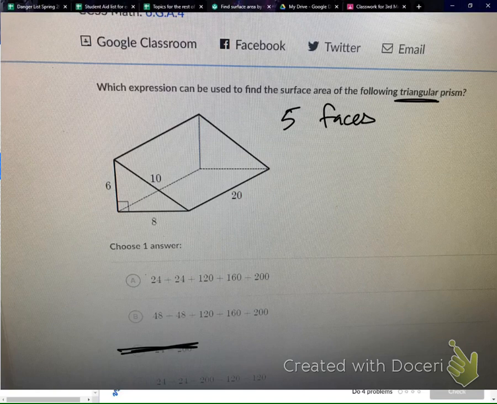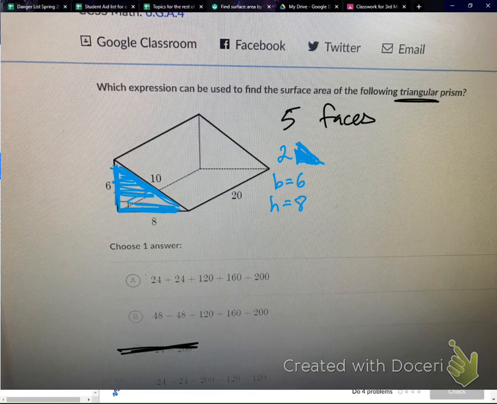These 5 faces are going to be 2 of these triangle ends, which will be the same. So 2 of those things that look like they have a base of 6 and a height of 8, or vice versa. It doesn't really matter which one you call base and height. But I've got 2 of these things for these triangle sides here